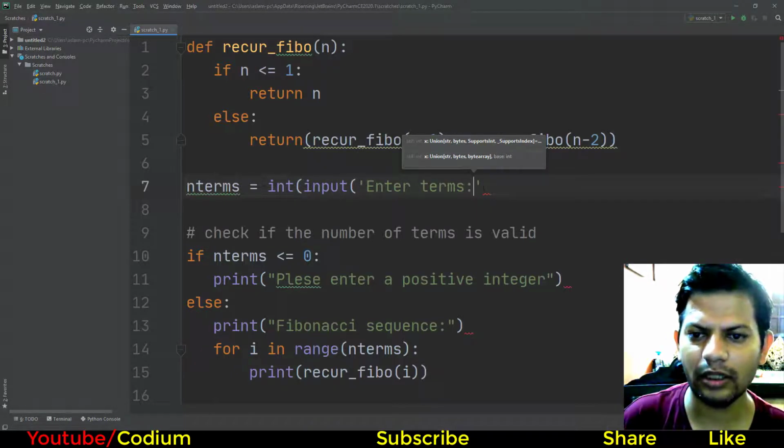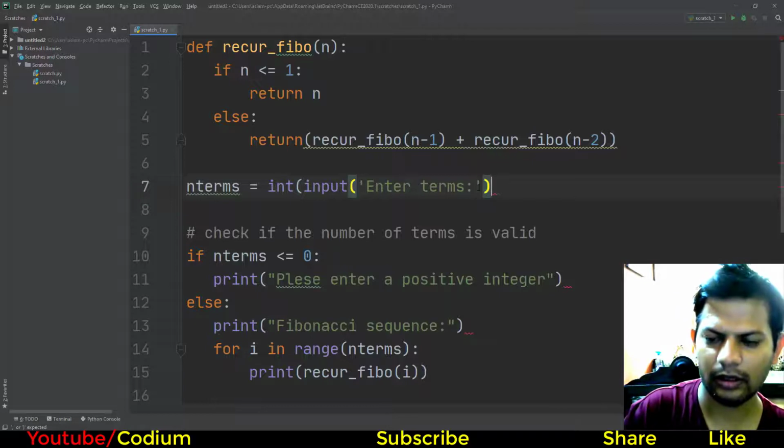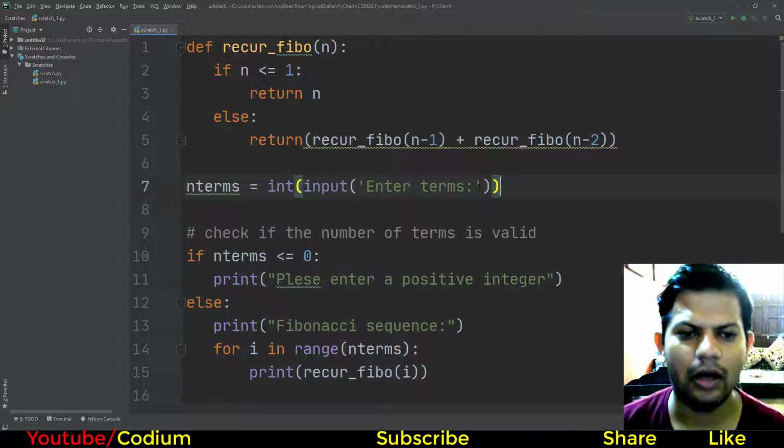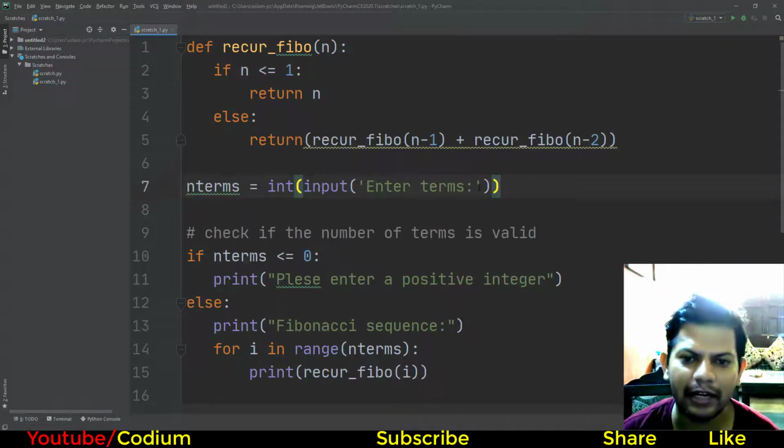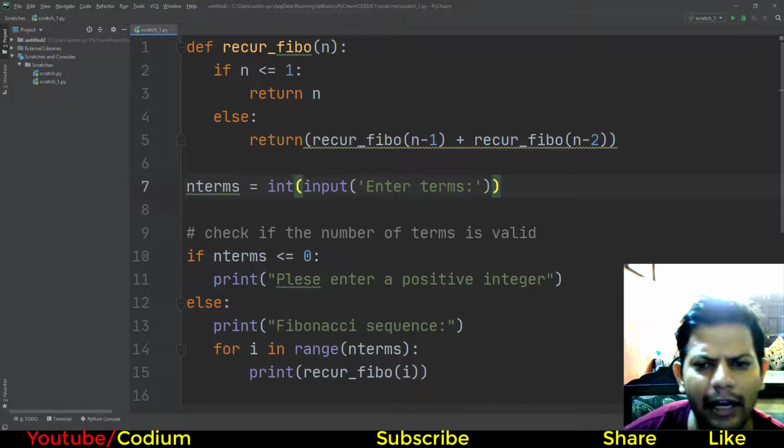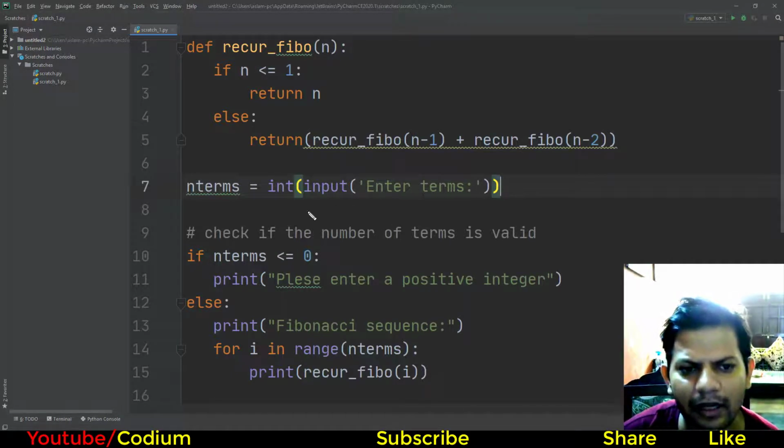Now the program asks the user to enter the n terms. If you put n terms as 5, for example, which is greater than 0, it does not show this message.